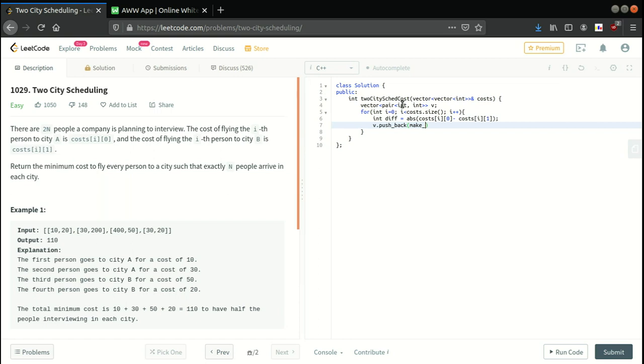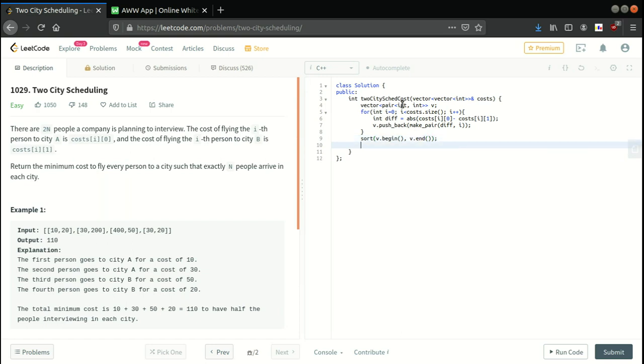So make_pair of difference and index. Okay, now we are going to sort this. So sort v.begin() to v.end().